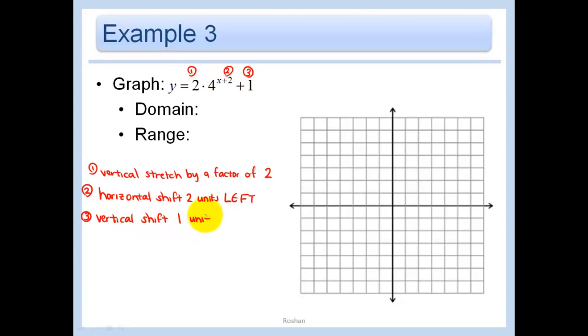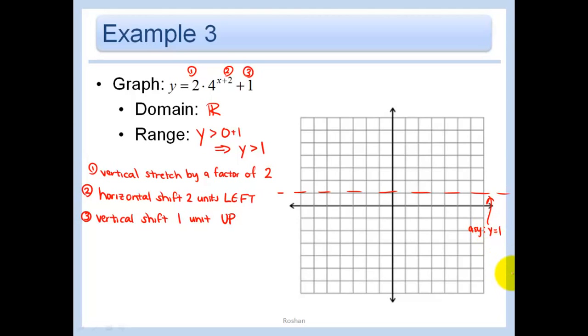1 unit up. And so, the domain has not changed, even though I shifted it a little bit because the domain before was all real numbers. The domain is still going to be all real numbers. However, my range, remember before was just greater than 0. So now if I shift it 1 unit up, instead of being 0, it's going to be 0 plus 1. That's for the 1 unit up. In other words, our range is y is greater than 1. So I'm just going to draw a little dotted line here so I remember that that is my asymptote. I'm going to abbreviate it ASY, asymptote at y equals